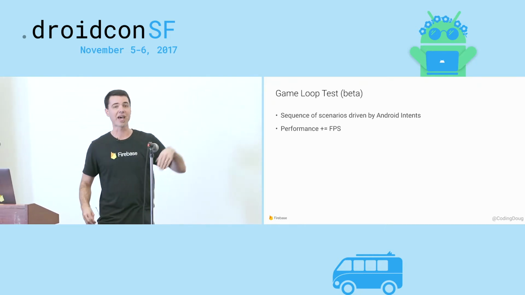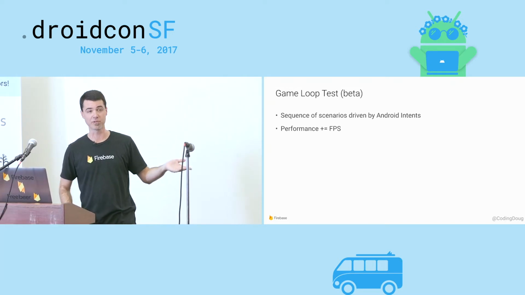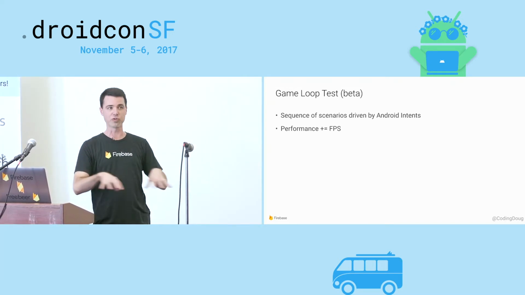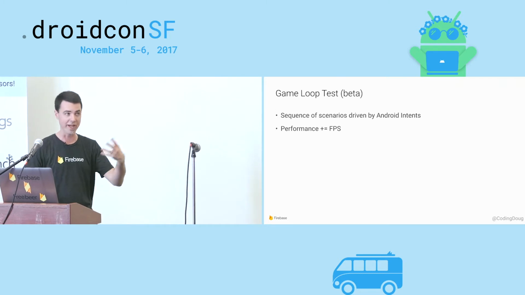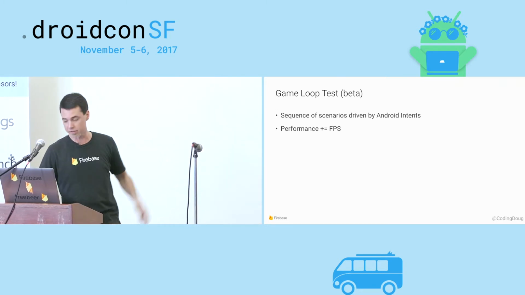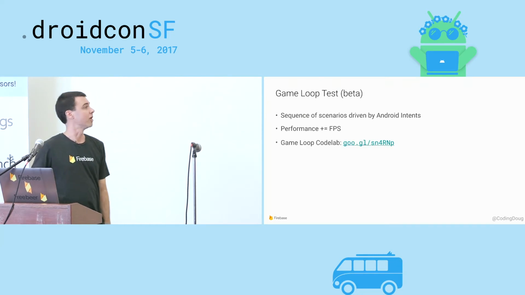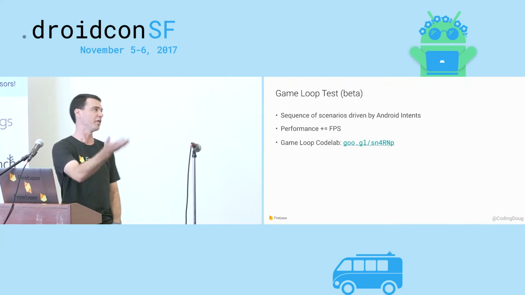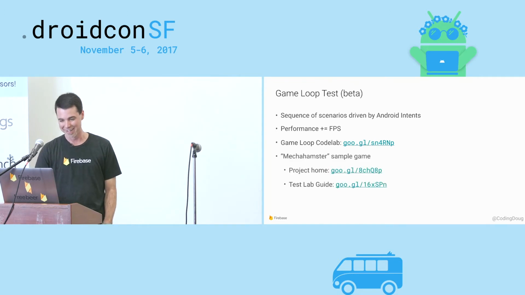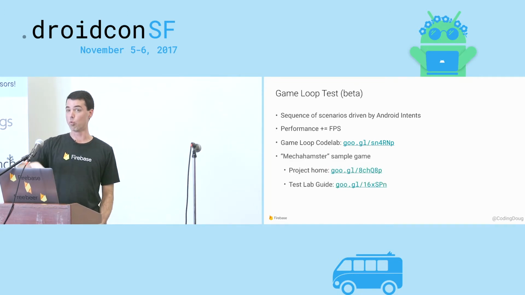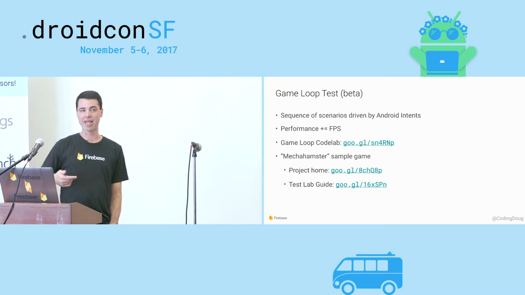And it's not even just games. Actually, anything that uses surface view, I believe. An Android surface view is something you use to draw directly when you take over the screen. So any app using a surface view will get FPS included in the performance tab. And there's a code lab for this as well, if you need help getting started. None of you are game developers, so I'm just going to skip this anyway. If you want to try this out yourself, there's a Mecha Hamster sample